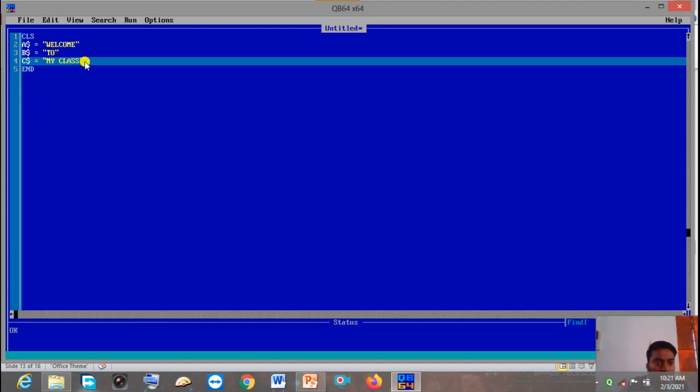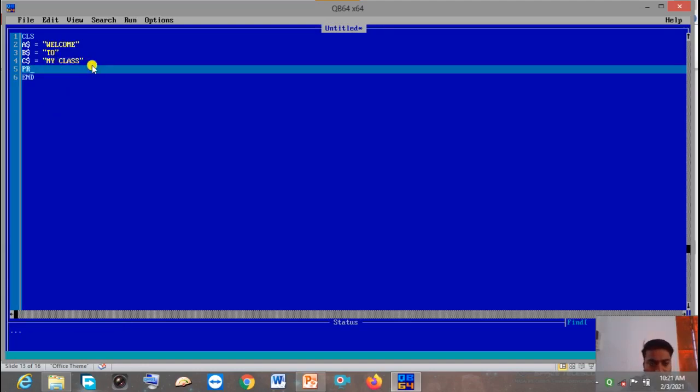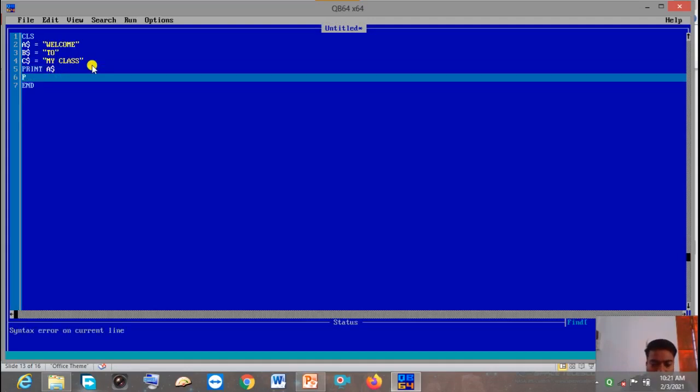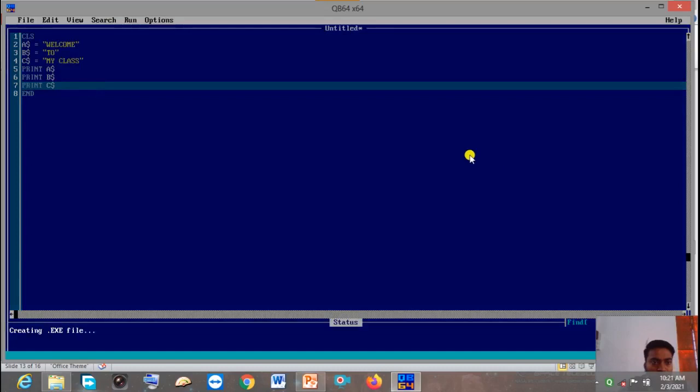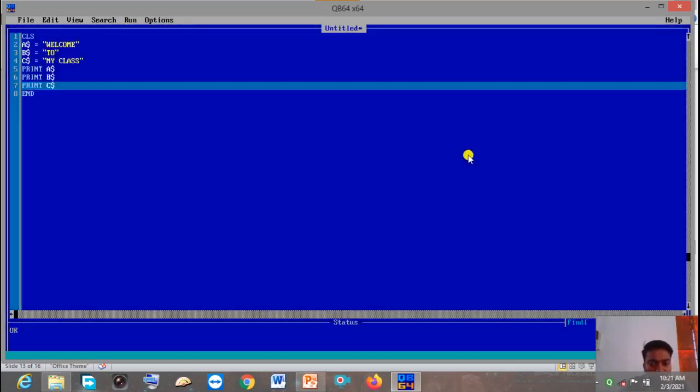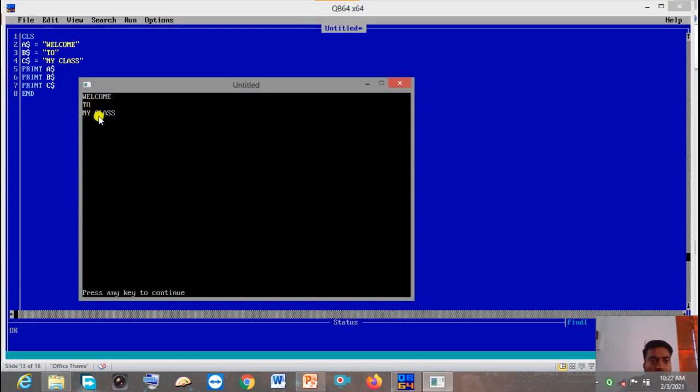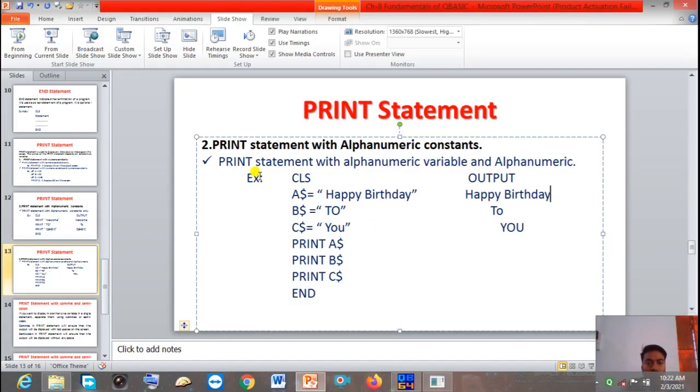Now the print statements: print A$, print B$, print C$. Now I am going to execute this program. You see the result. Welcome to my class. Understood? So this is print statement with alphanumeric variable and alphanumeric.